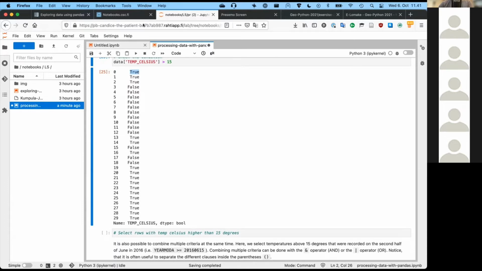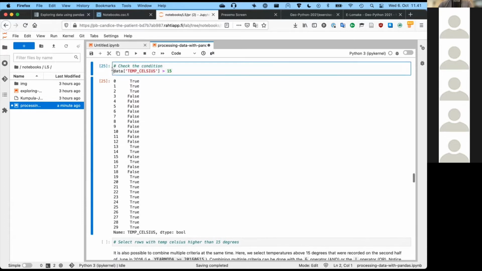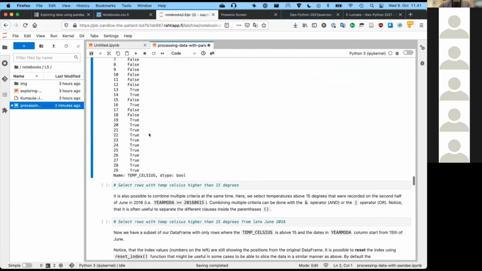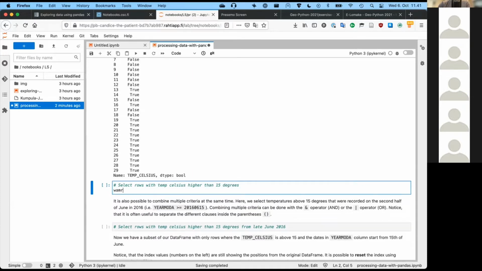That idea of true and false allows us to then take a selection of our data that meets a certain condition and use that to extract out only the values that we want to interact with. So I'm going to copy this data temp Celsius greater than 15 degrees, just because we're going to use it down here. And now let's take our data frame and make a selection of warm temps. So we'll call this warm_temps